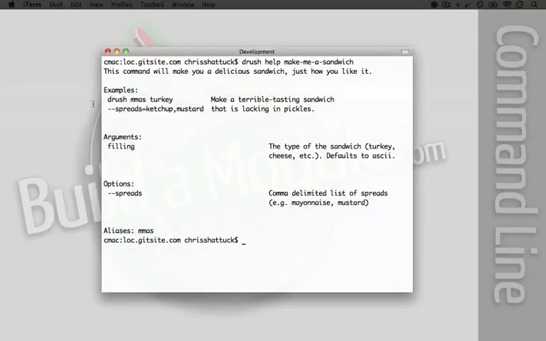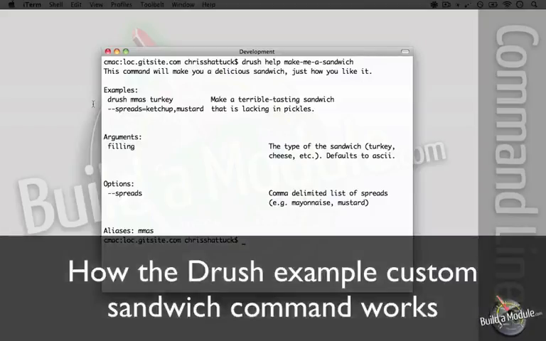Now, as we look at this help file, it's clear that this is useful in learning how to use this command. If we were using just a PHP script, like we did in the previous video, we wouldn't have these options, and so other people who would be using our script would need to resort to other methods in order to learn how to use it.